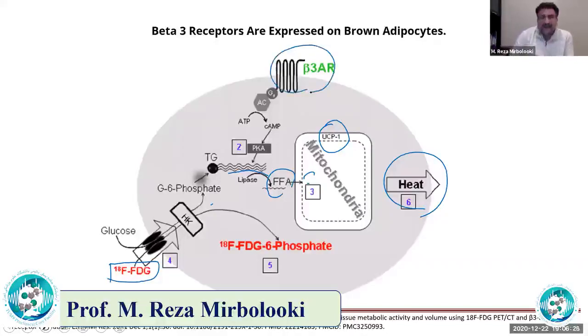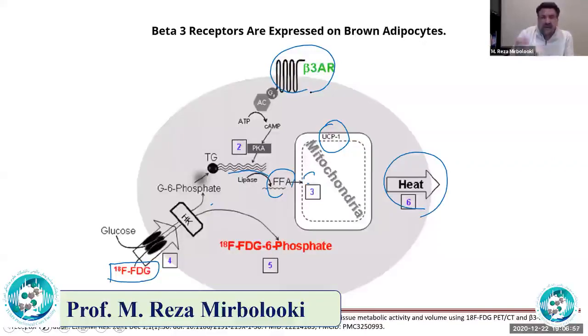Obviously, norepinephrine activates these receptors, but norepinephrine activates beta-1 and beta-2 and the others. So there will be lots of cardiovascular and pulmonary side effects if you use norepinephrine. So I had to use something very specific, a very specific agonist for beta-3, to have a specific effect. There were lots of papers that used nicotine, caffeine, ephedrine, norepinephrine, which directly and indirectly stimulate these